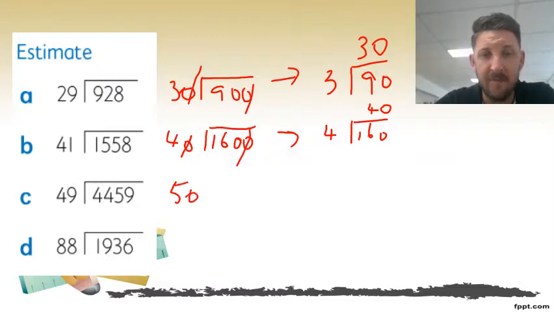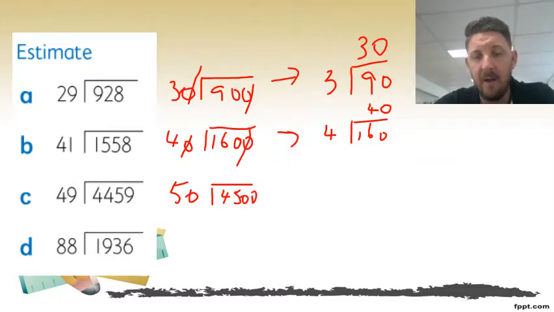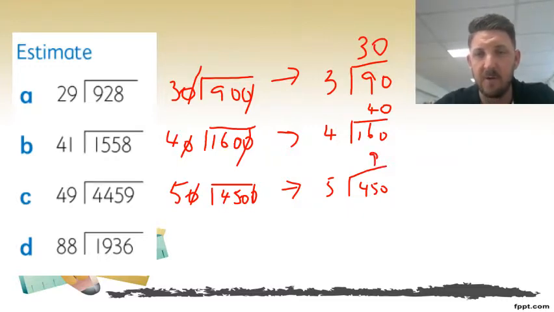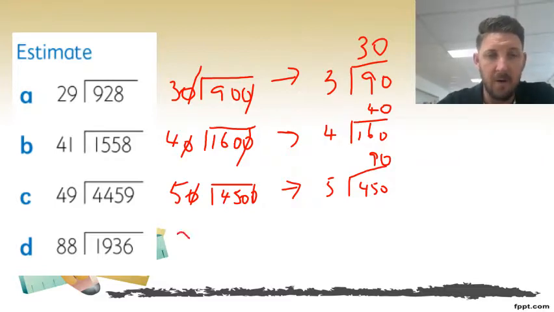You should have had 50 divided into 4,500. And by doing that, once again, I can cross off a 0 and make it 5 into 450. So 5 into 4 is 0 times, 5 into 45 goes 9 times, 5 into 0 goes 0 times. So my estimate is 90, and in the last one, I'm going to go 90, and this is a tricky one, into